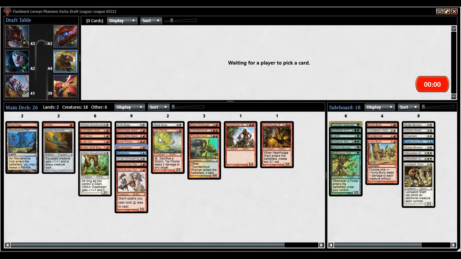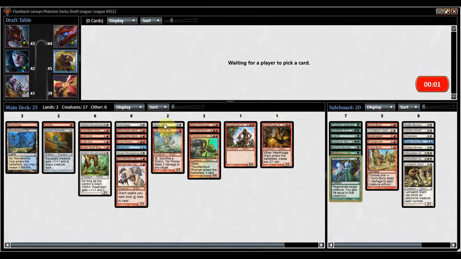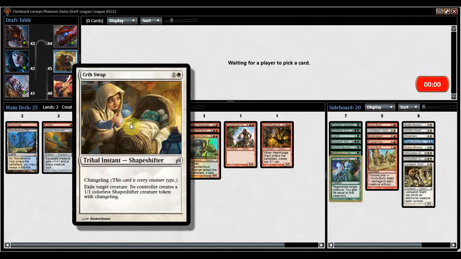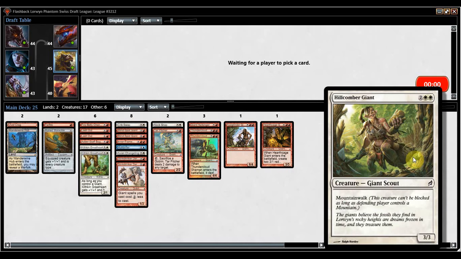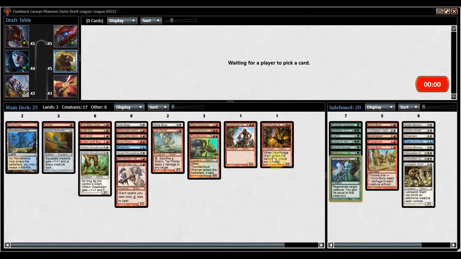How many giants does this leave me with if I cut Goat Napper, because I don't really know about it? I have 1, 2, 3, 4, 5, 6, 7, 8, 9. I have 9 giants and 4 cards that care about giants, plus Stalactite to turn things into giants. And I guess in a pinch, I could crib swap my own creature to make a giant. Not sure how often that comes up. And I guess a hill giant. That's funny. It's a hill giant, but it's a hill comber giant. But anyway,